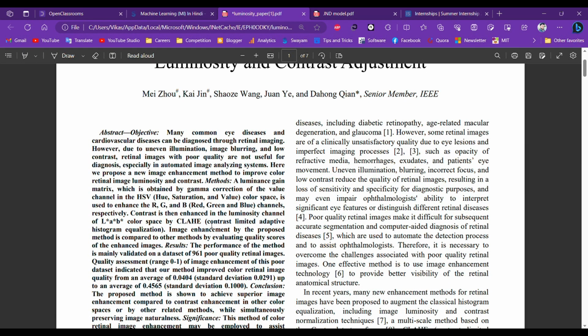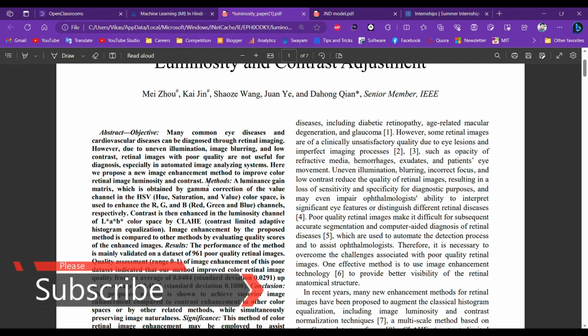This is the objective of this research paper. Many common eye diseases and cardiovascular diseases can be diagnosed through retinal imaging. However, due to uneven illumination, image blurring, and low contrast, retinal images with poor quality are not useful for diagnosis. For improvement, these researchers